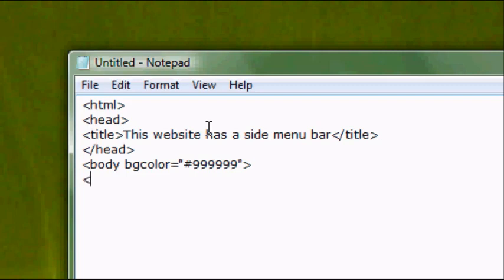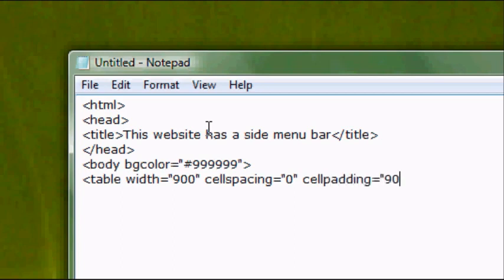So once you've done that, we want to create a table. So table width equals, we're going to put 900, that's a reasonable size. Cell spacing equals 0, cell padding equals 0. We can now close the table tag,